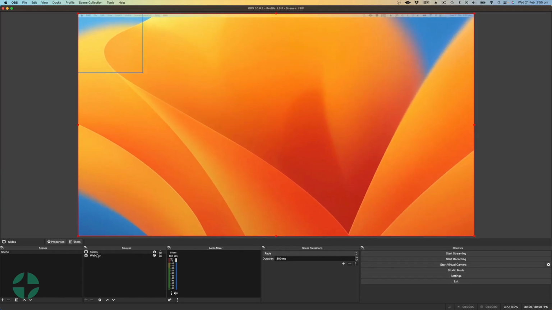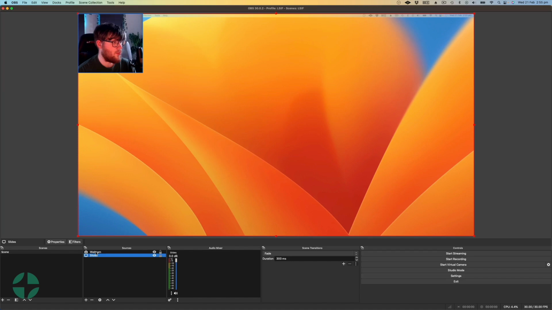And that's now there. And what you'll notice is it's covering up the webcam. We can just go down here and drag it below the webcam layer. And now you can see the webcam is on top. So now if you wanted to use OBS a little bit like a vision mixer, what we can do is